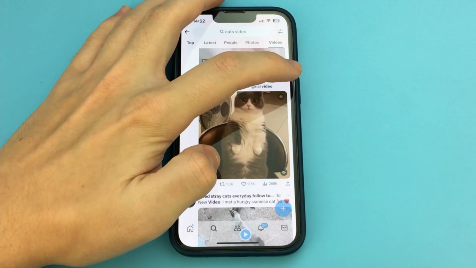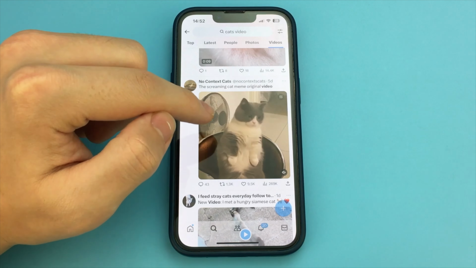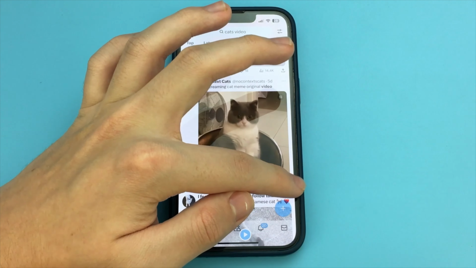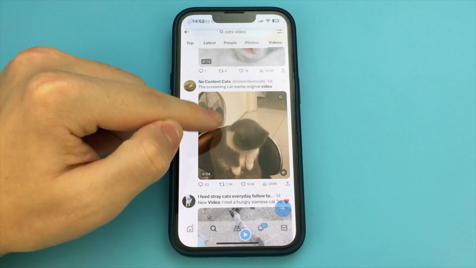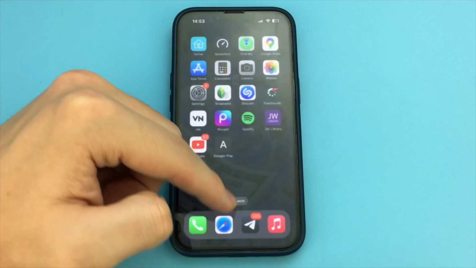We copied the link to our video. Then we can exit the application. And now we go to the browser. I go to Safari, and in the search you will need to find a site called twitter.com. Just type in that word. Now in this line you paste the link, and you click download.